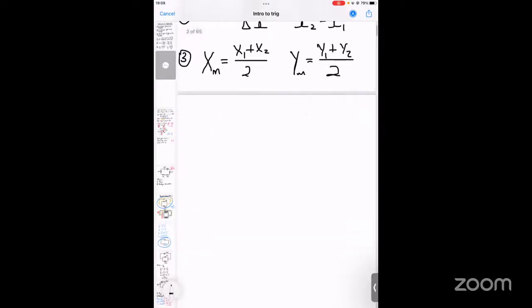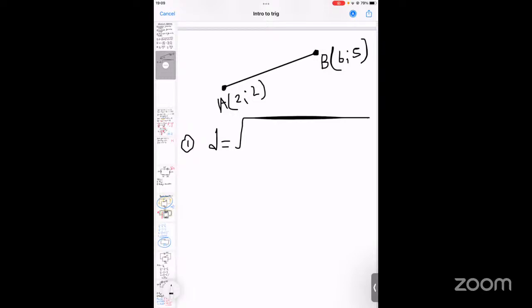So now let's do some examples. An example would be if you are having that line and they say it has point A and point B. Let's say they are saying point A, the coordinates of point A, it is equals to, maybe let's say 2 and 2. And then the coordinates of point B, we can maybe say 6 and 5. So if the question wants you to calculate the distance, all that you need to do is to pull out the distance formula, which says